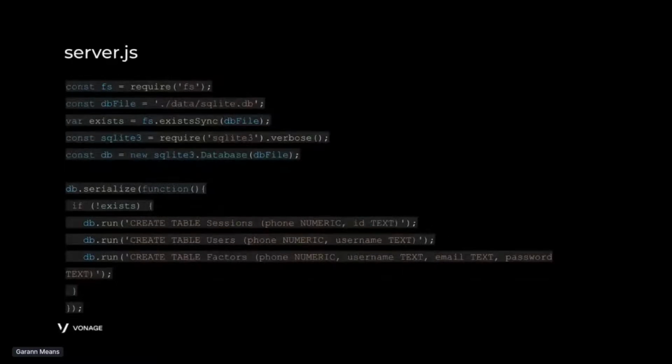And then we want to check whether the database file already exists and create a Boolean for that. Then we're going to require SQLite with a verbose setting. We're going to create a database, which is going to be a new SQLite database using the dbFile. So that's where the database will live. And then we want to serialize these commands, so run them all, and if the database file does not exist, then we're going to run a command to,